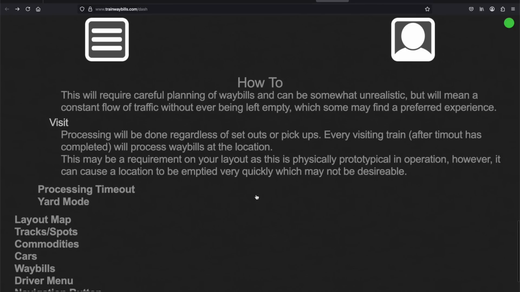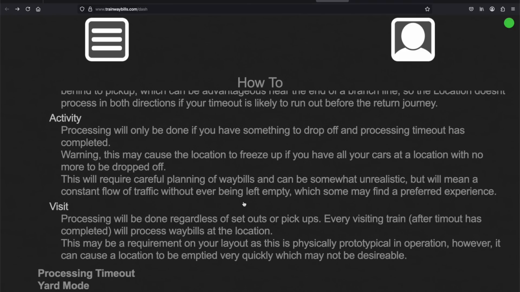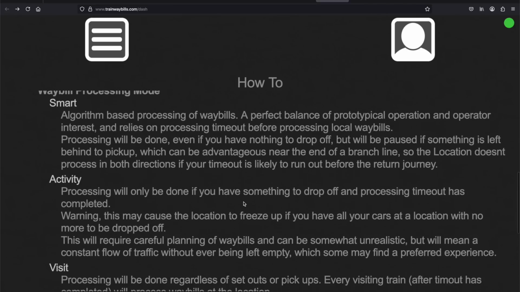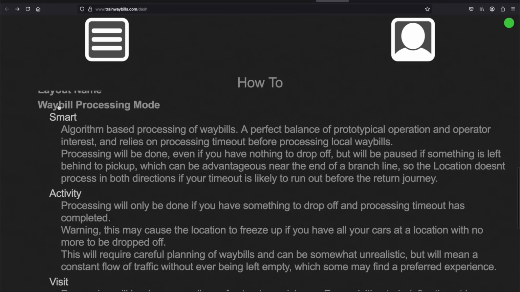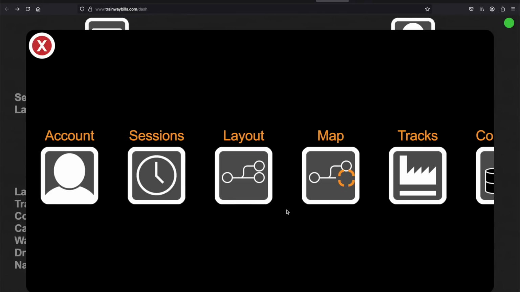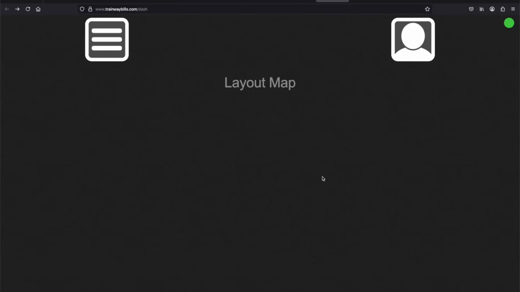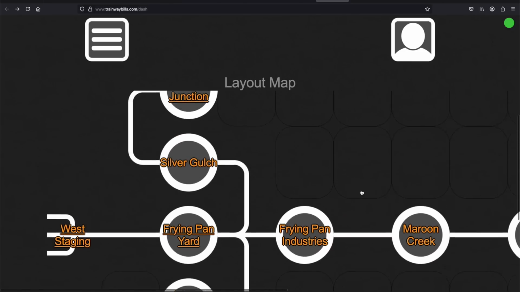Now, if you're kind of thick in the head like I am sometimes, you have to experience something as you're operating and go, well, why did this happen or why did that not happen? Then go back and reread, and then do more, and then reread, and then it all begins to kind of make sense to you eventually. Now, what I really like about this, if I can kind of try and explain it without confusing myself,